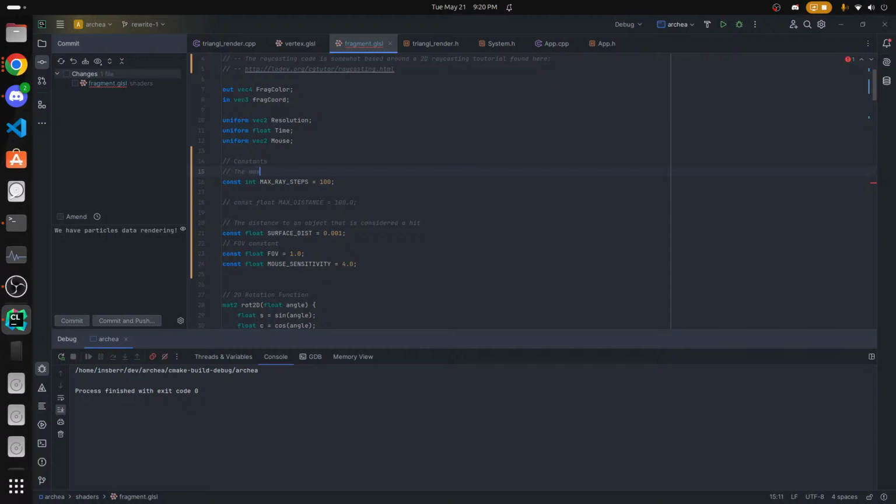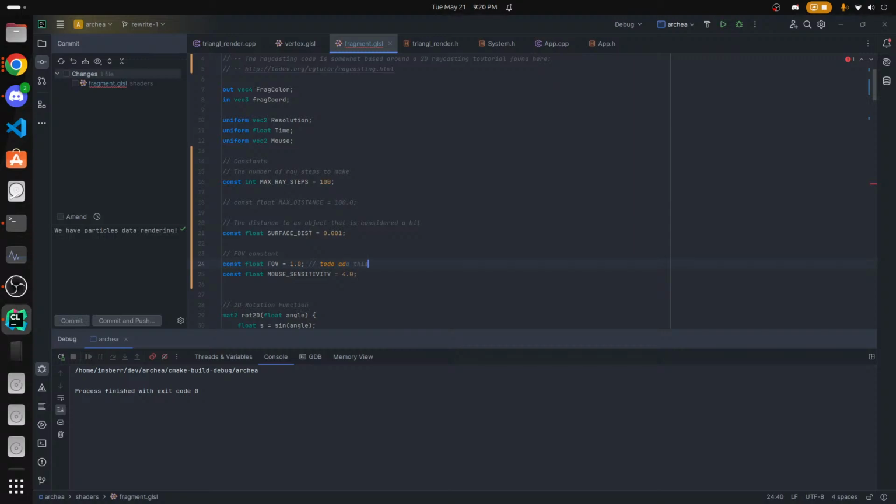The max number of raise steps to make. FOV, I'll do to do,